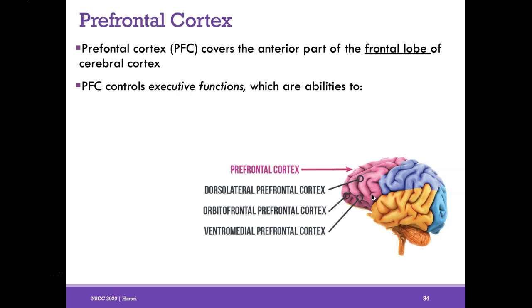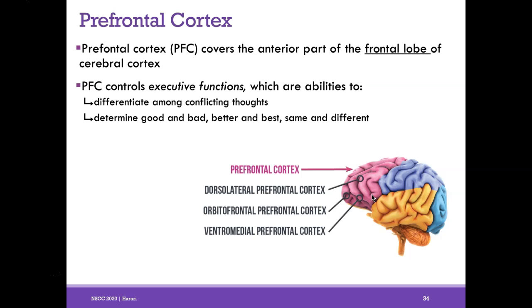Our executive functions are our abilities to differentiate among good and bad, to differentiate among different activities and different thoughts. So you can think about the executive function as, what should we do next? What is the best action? What will this action do in the future? What are the consequences of this action? So judgment